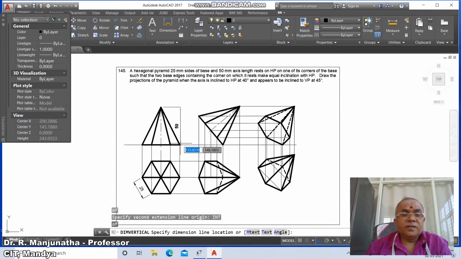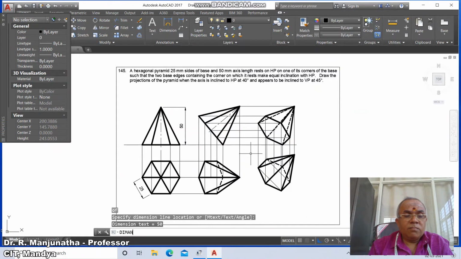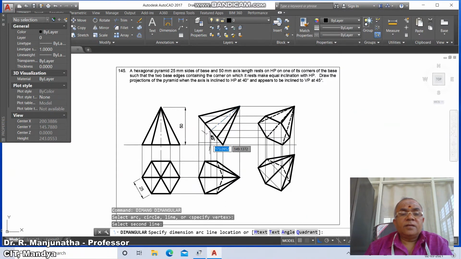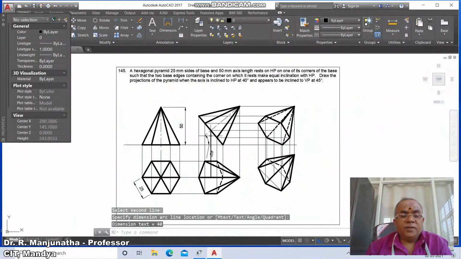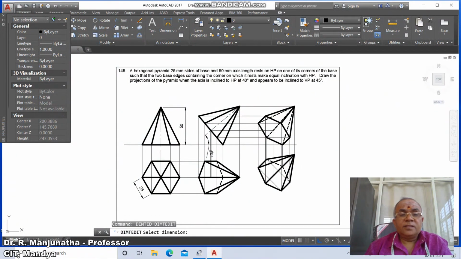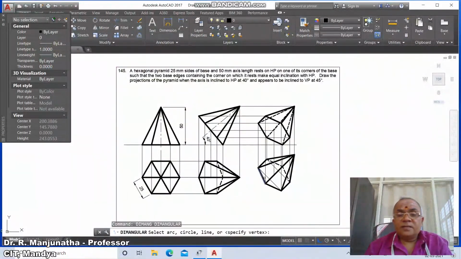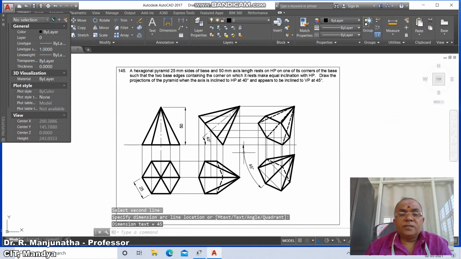dim vertical, end of this and end of this, take the distance as 50, then dim angular, select this line and select this line, take the distance as 40, then dim TED, select this text and take it 40 here, then go to dim angular, select this line, dim angular, select this and select this and give the distance as 45 degrees,